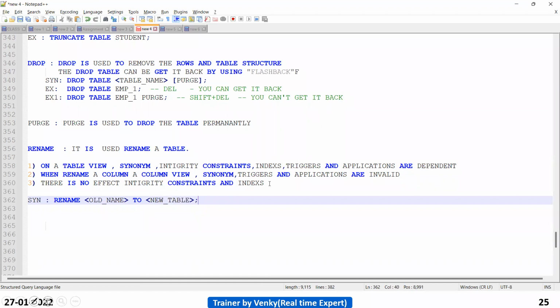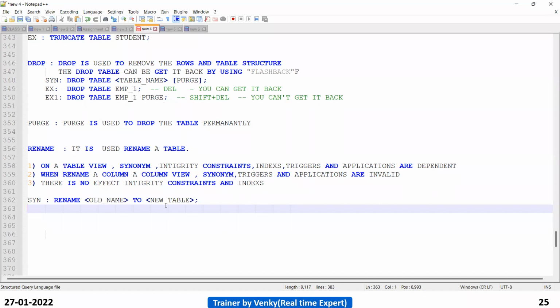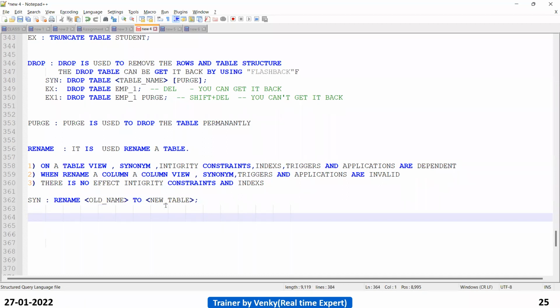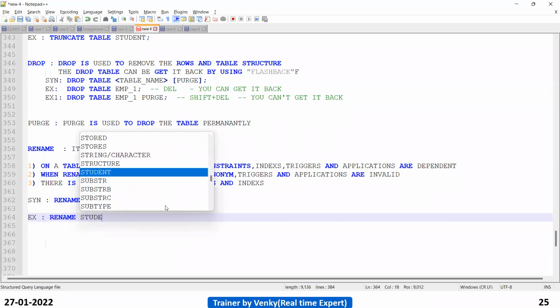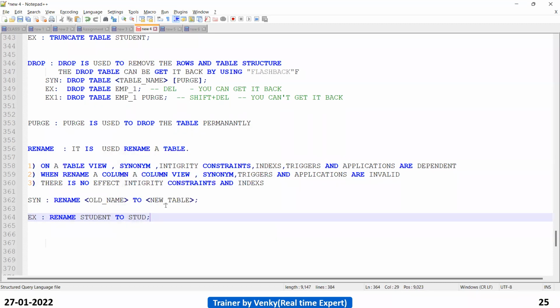This is the syntax. Tell me now, I wanted to change my student to STUD. Tell me the example, guys. Rename student to STUD.